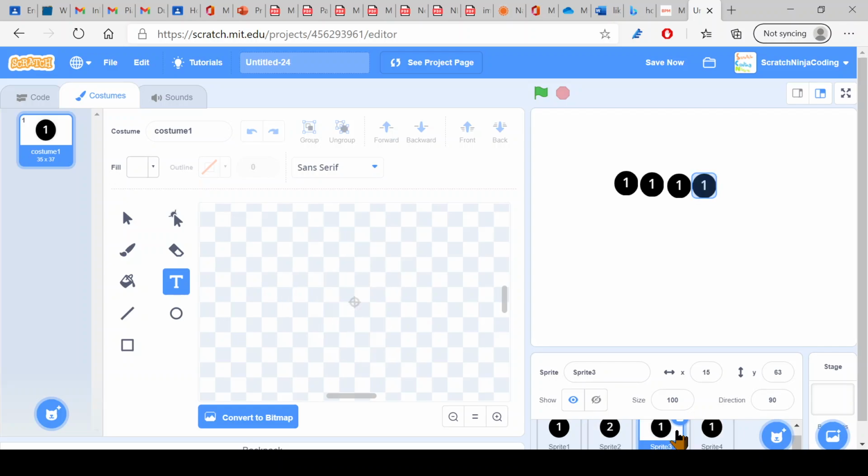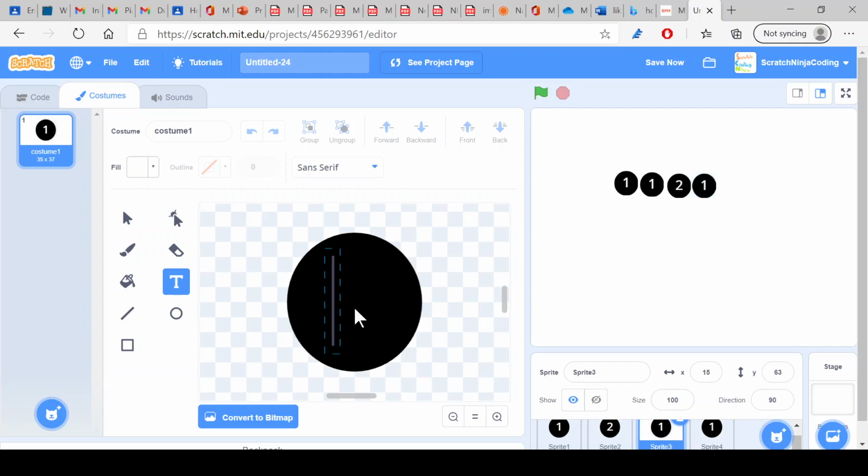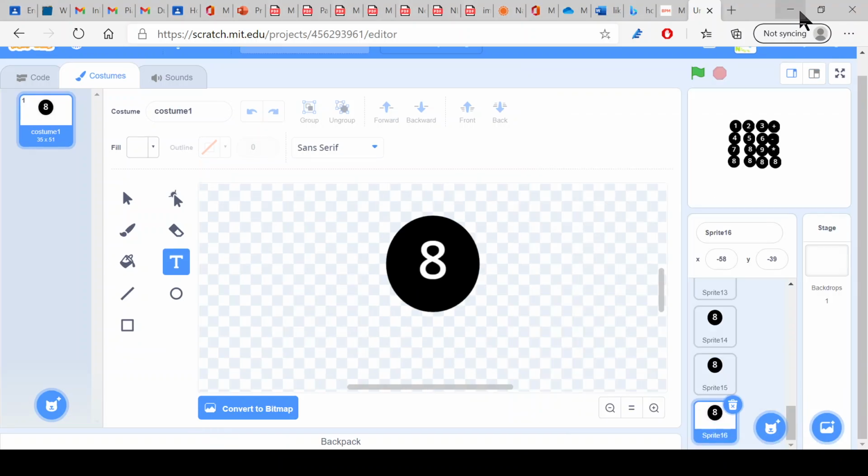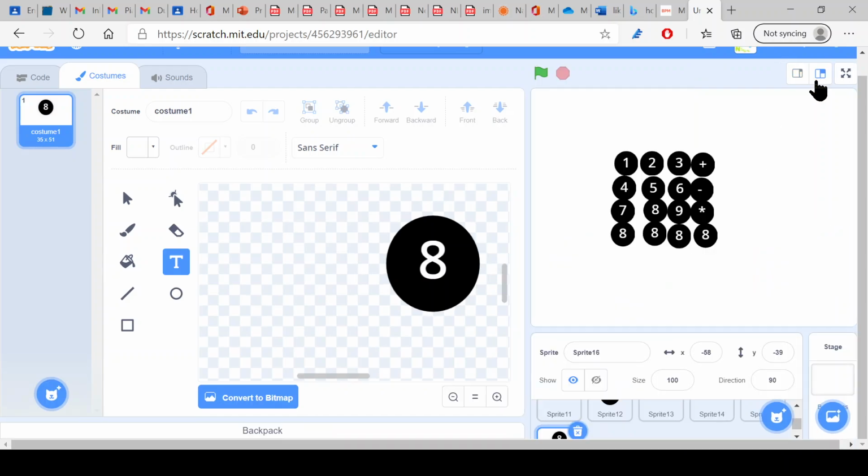Now just replace the one with whatever: 1, 2, 3, and then plus. So just like that, you want to arrange them in order and complete the 4x4. Okay, so after we have done this, after we have our 4x4 box kind of thing,